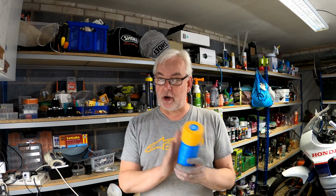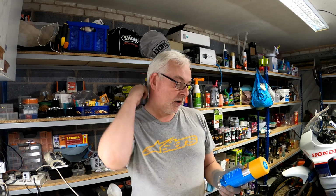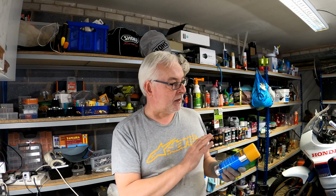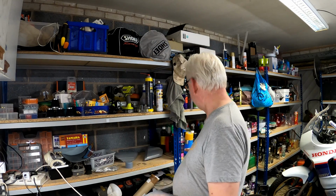What I've tried to do with this on the tank this time is just use it in areas where I thought it would benefit from having a bit of the filler primer on. And then, as I say, I've re-primed over the whole of that, and we'll flat it off tomorrow, and hopefully we'll see a good result. I was really pleased with the result on the wet flat this morning, but like I say, it just raised a few little issues that I needed to address, so hopefully